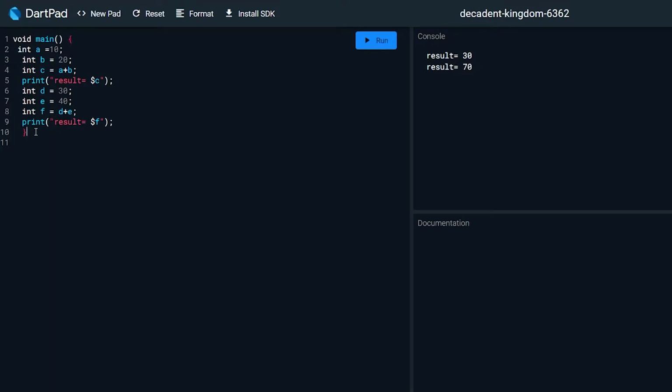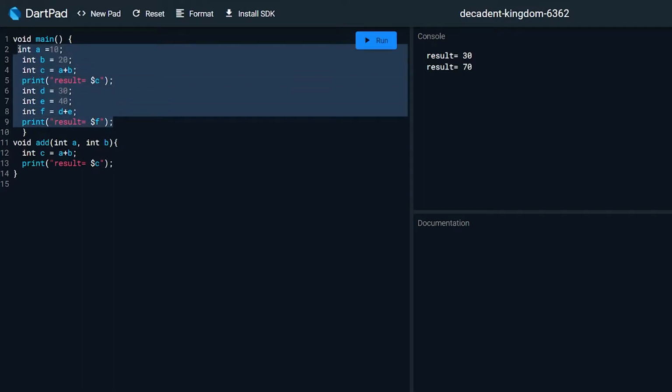So here comes the function. If we create a new function like void add and pass in two integers, that is the two numbers, then write a piece of code here like int c equal to a plus b, then print result equal to, then we can simply call our function from our main function.